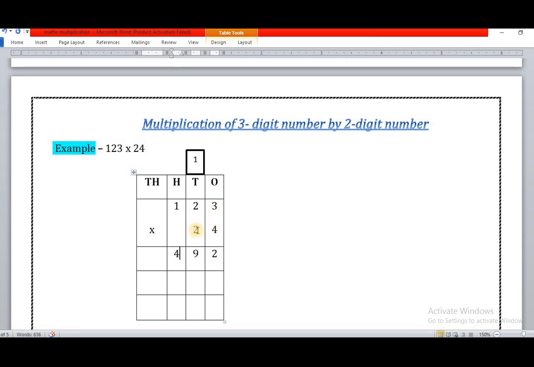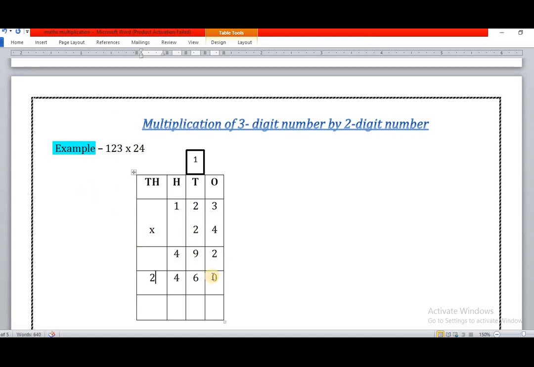Next is you have to multiply the number in ones place by 2. 2 threes are 6. But before that you will put 0 here. Okay? The next we will do again. 2 threes are 6. I have multiplied the number in ones place. Then I have multiplied the number in tens place. 2 twos are 4. Right here 4. And the third step will be I have to multiply the number in 100 place by 2. 2 ones are 2.